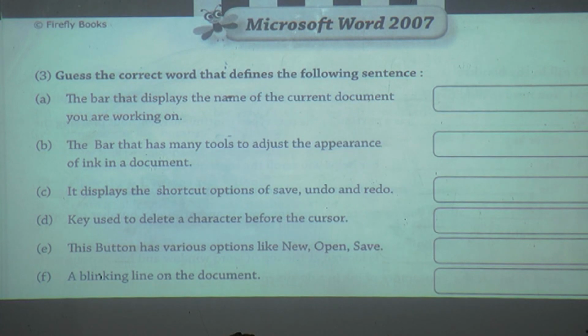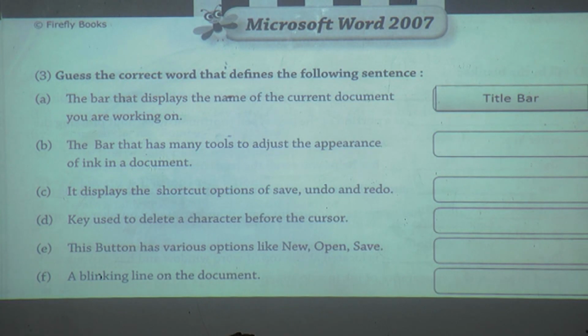The bar that display the name of current document you are working on, where we can see which document we are working now, or which document is currently activated, or we can see the name of this document, where we can see, yes, loudly, where we can see, good, on the title bar.